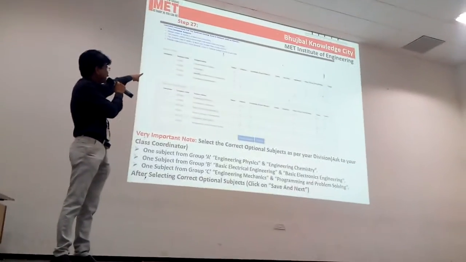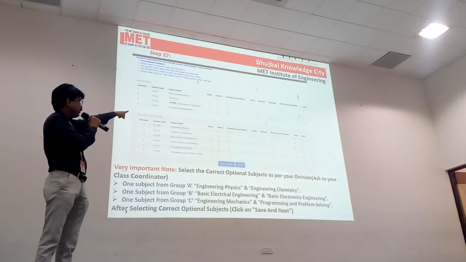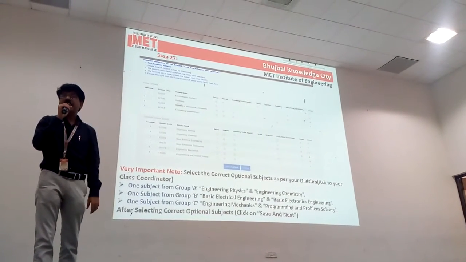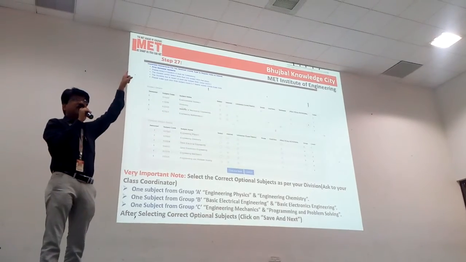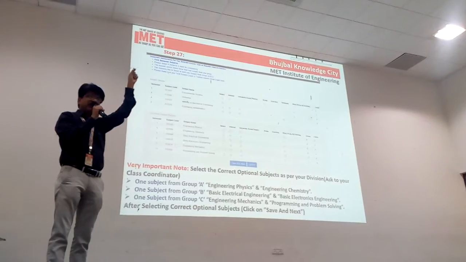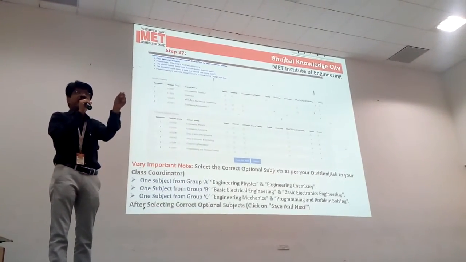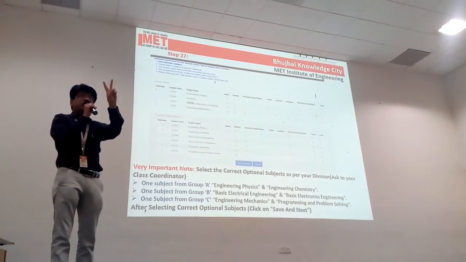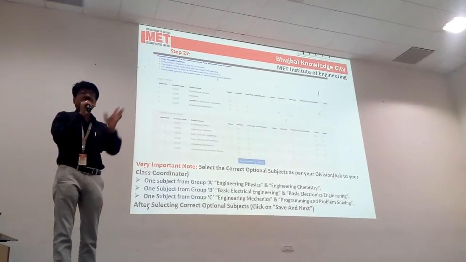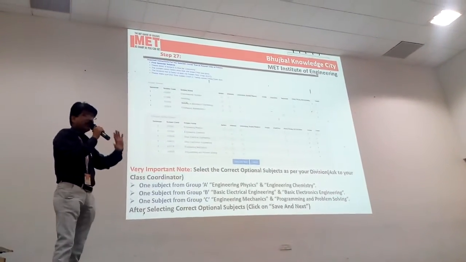Whatever ticks are there, you can see there: internal, university exam, oral. Already some ticks are there. These are as per your scheme which I have shown earlier in the structure. Is it clear? So for every subject, 30 marks internal, that is in semester, and 70 marks end sem university examination. These two things must be there and they will be there. If you find any mistake over there, just convey this message to your class coordinator. But it will not happen.